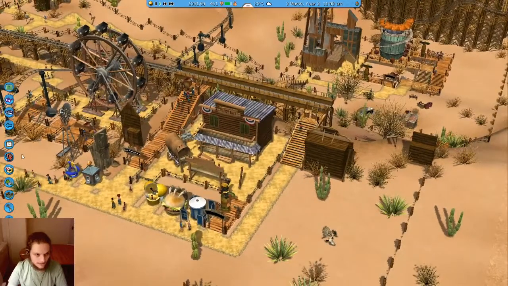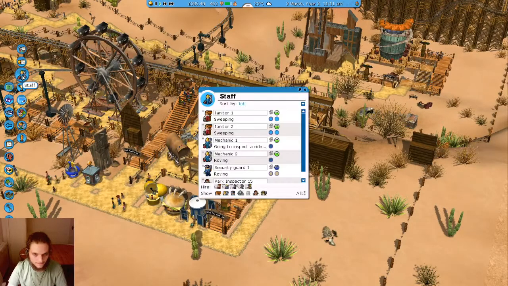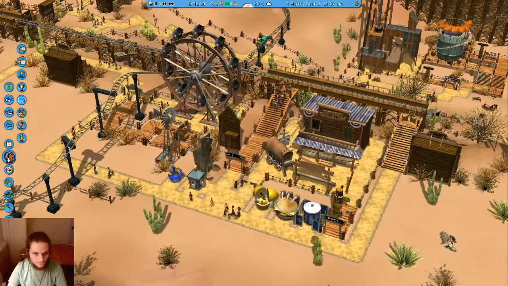Okay, so what's next? Let's see. Funding is still in. No, that's the wrong menu. Sorry. I don't know why I'm saying sorry. Don't need to apologize to anyone. In transport rides, yeah, that's good. So,